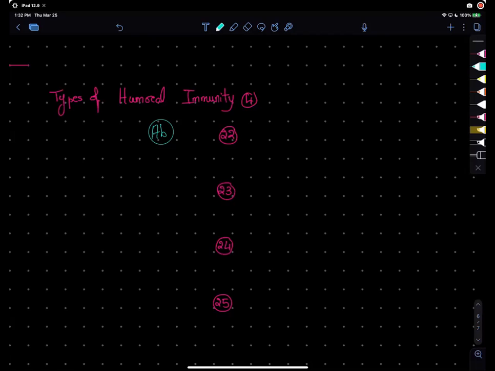Yeah, Marha, artificially, it's missing something. Artificially what? Artificially acquired, naturally acquired, passive, naturally, active or passive. So it might be artificially acquired